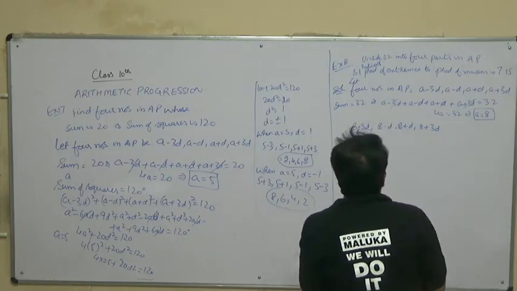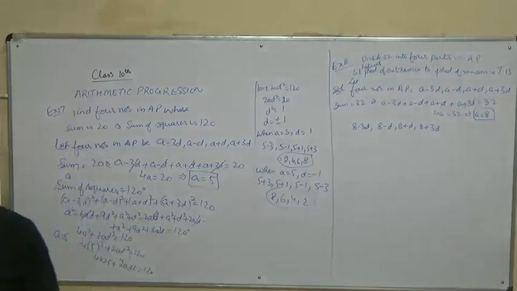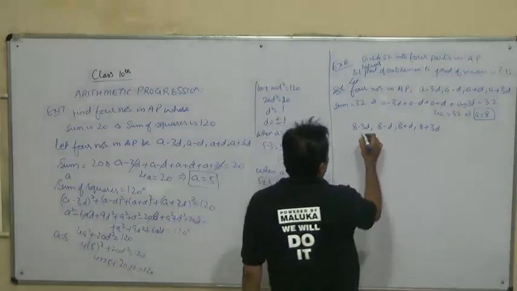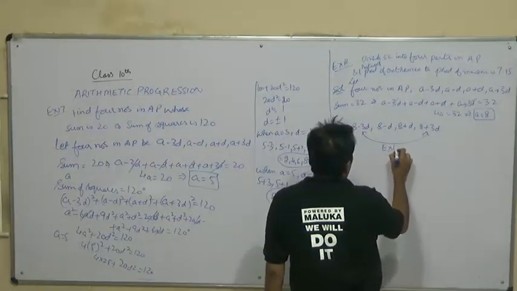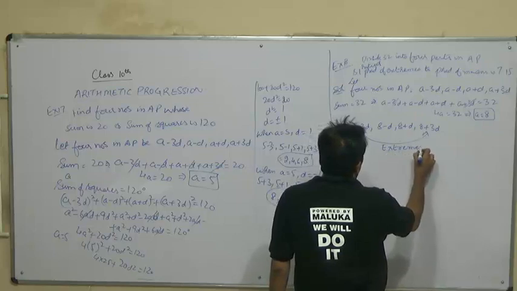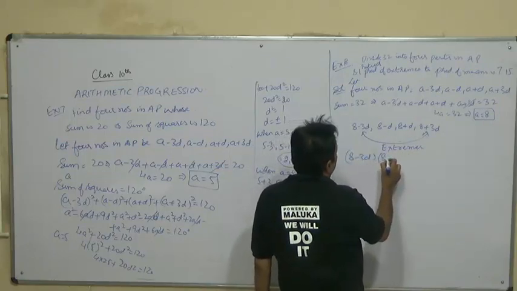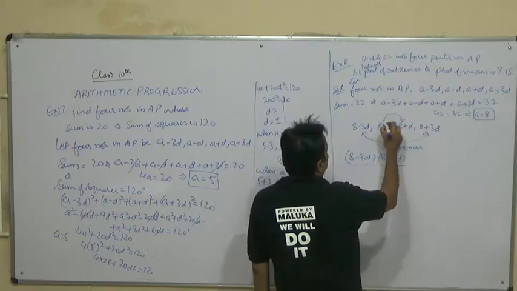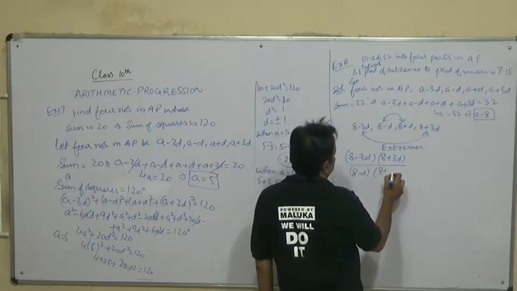Now we are given the condition: the ratio of product of extremes, the extremes being the outer ones, that is 8 minus 3d and 8 plus 3d, upon product of means 8 minus d and 8 plus d